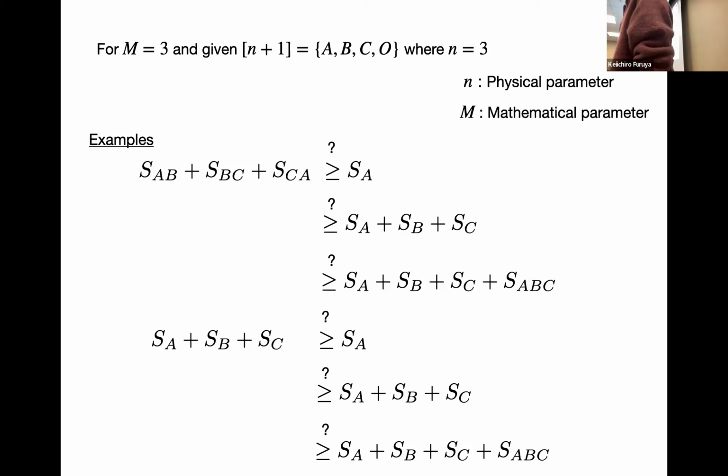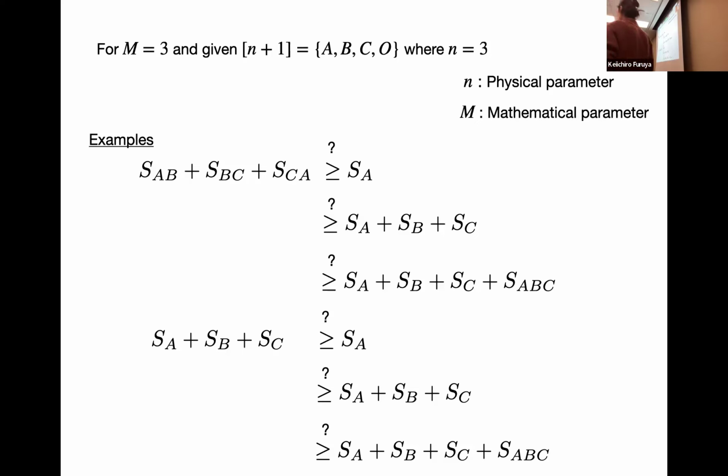If you have qubits, then the small n would be the number of qubits, maybe minus 1. It doesn't have to be the number of qubits, but you can do it because let's say you have a 10 qubit system, but n can still be 3 because you can have subsystem A for the first 3 qubits, subsystem B for the next 2 qubits, and then C for the next some qubits. Okay, so you are given this m, and also you are given the subregions you are allowed to use. Yeah, exactly.